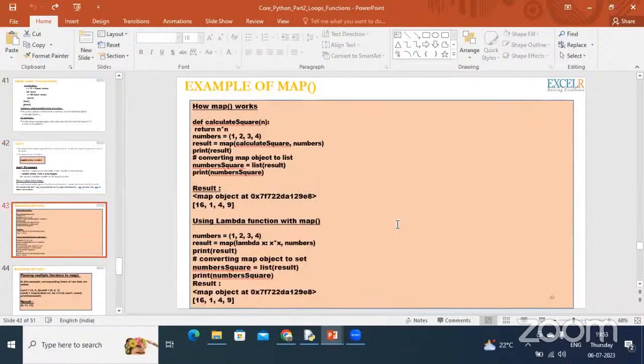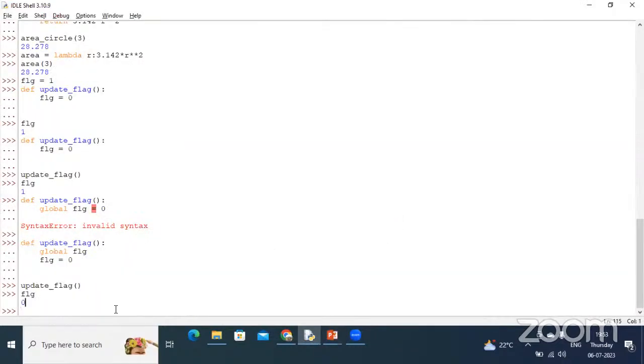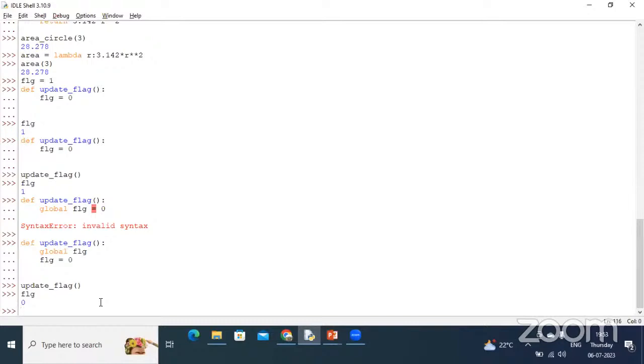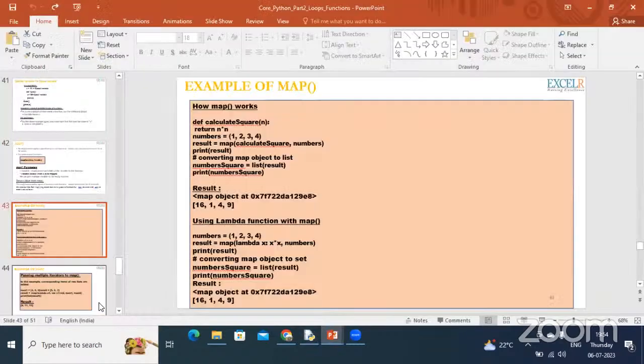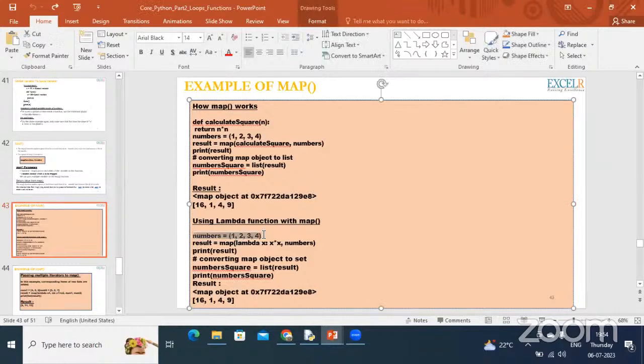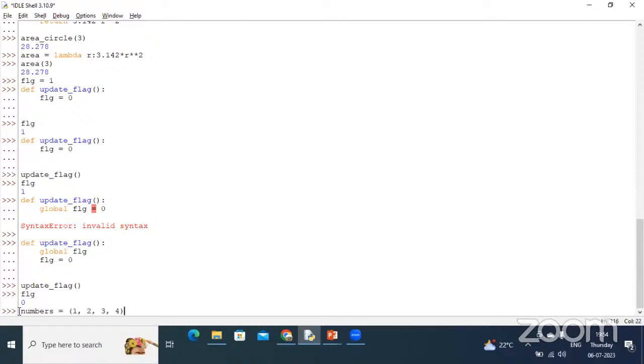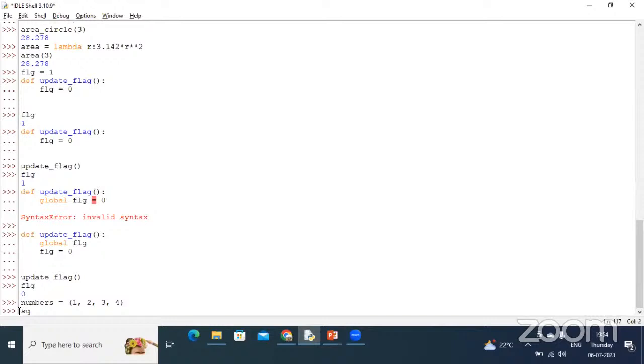Suppose, let me take an example. Let's take the same calculate squares. So what did we do? We wrote a list comprehension. We passed it. We looped through it. What we could have also done is we could have written a map function which would have mapped. How it would have mapped? Let me show you first. Okay, map. Let's take this. Take numbers. Okay. Now, squares list. So list of map